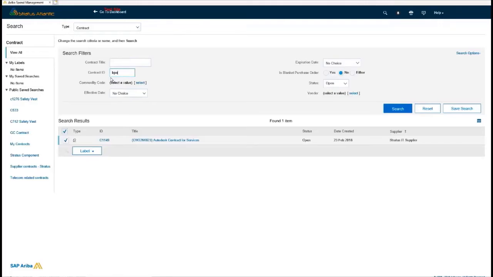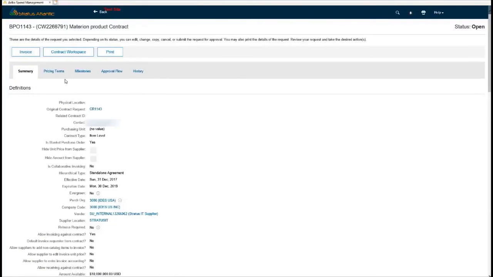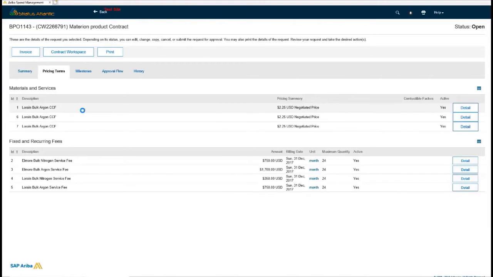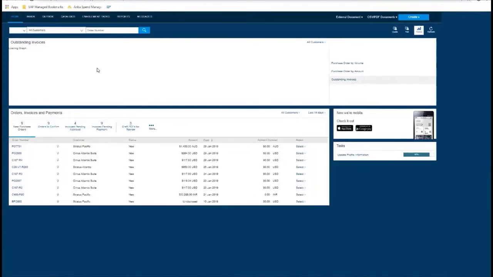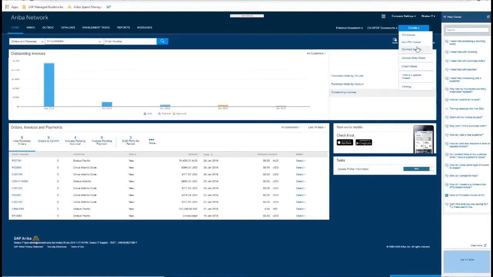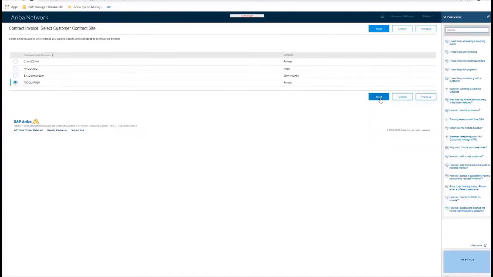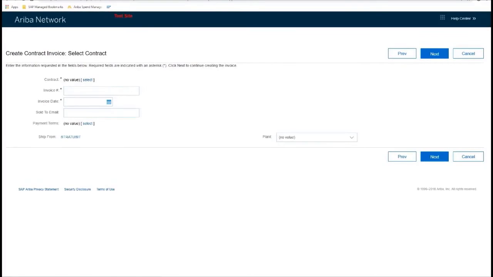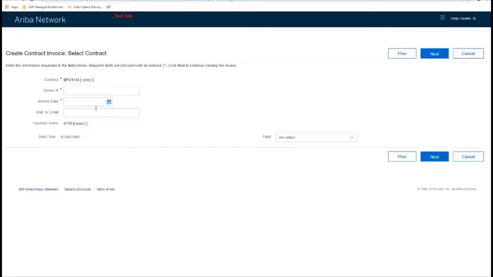Now we'll look at this BPO option, and I'm going to pull up a previous BPO that I'd used. Again, it looks the same. I've got some materials and services and fixed fees, monthly fees. Pretty similar in general when I do it from the supplier side. I'm going to exit out of this previous invoice I created. I'm going to show you both ways. When you don't do it as a BPO, they have to punch into your site and pull this up. But if you do it as a BPO, they have the option of punching into your site, looking for this BPO, selecting it,